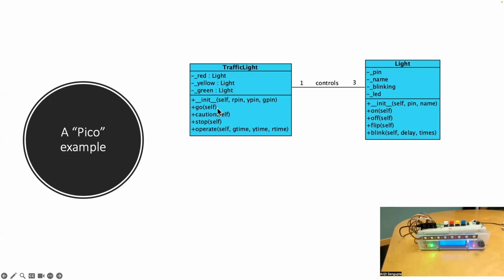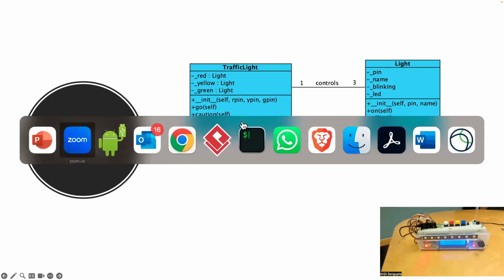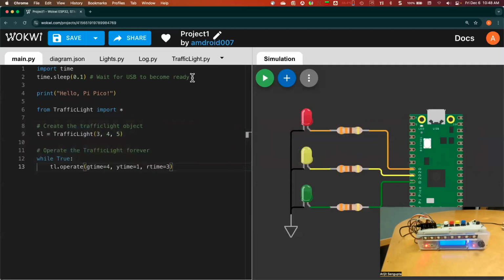Well, in order to go, we remember that we had to turn on the green light and turn the red and yellow lights off, right? Caution was turning on yellow and the other ones off. Well, today what we're going to do is, let's say we have changed our operation. Instead of a traffic light with these three lights, as you see running on the Pico, I want to change it to use